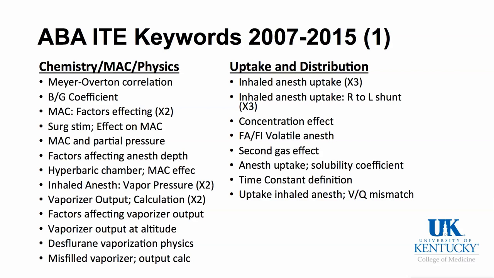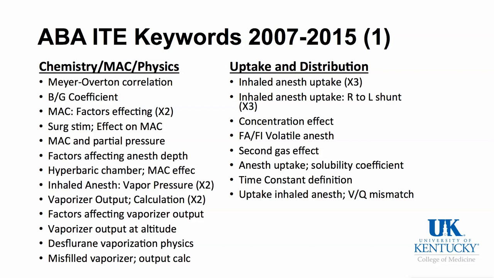Under chemistry, MAC, and physics, you can see topics such as the Meyer-Overton correlation, which refers to lipid solubility and potency correlate, blood gas coefficient: the lower the blood gas coefficient, the lower the solubility of the inhaled anesthetic, the faster the onset and offset, some of the factors affecting MAC, the concept of MAC as a partial pressure rather than a percentage,